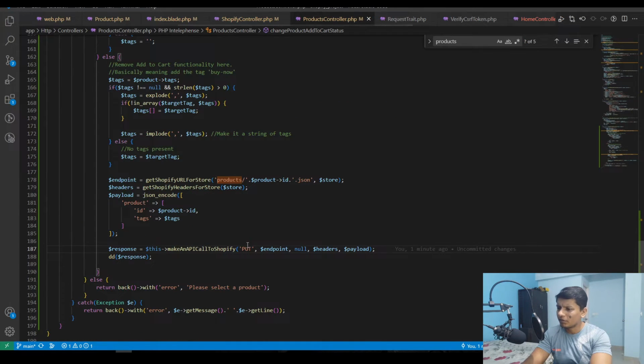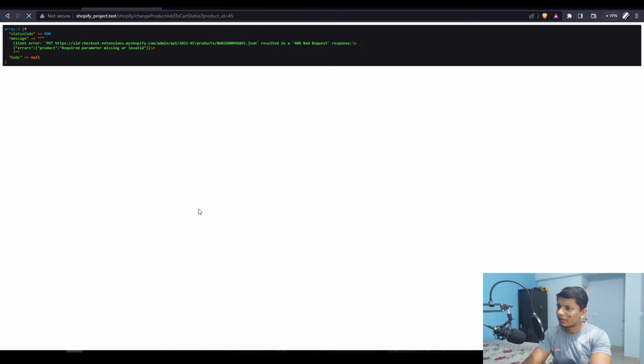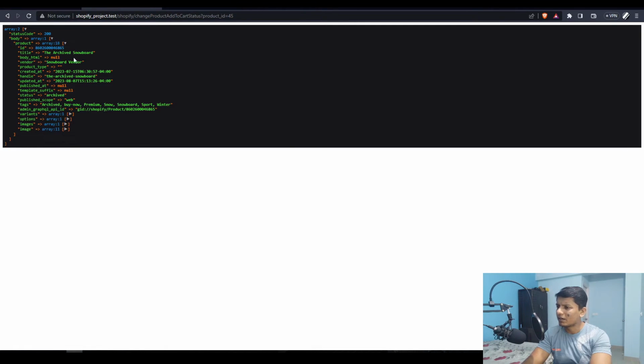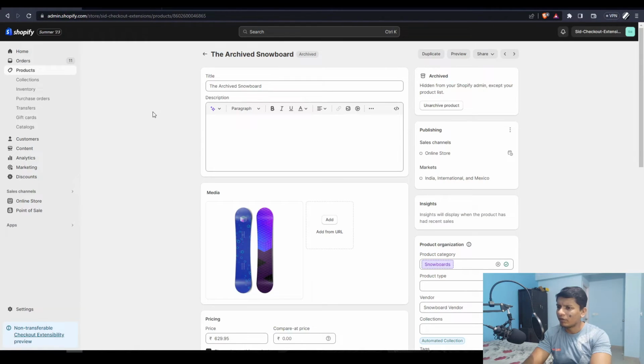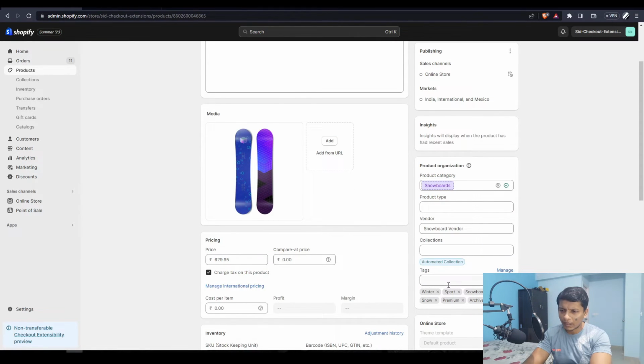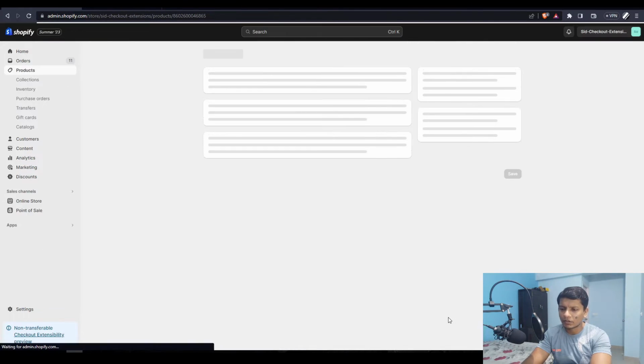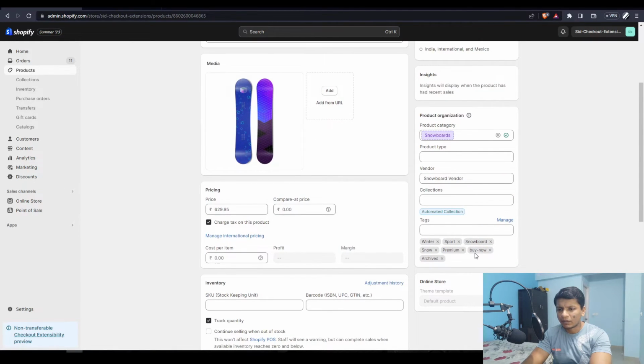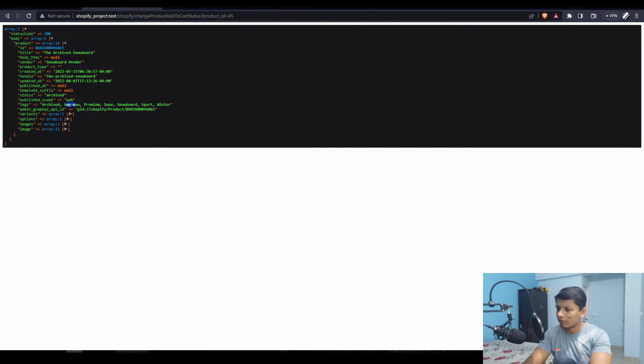Okay, so it says this thing is missing. So should I remove the... okay, so now it is 200. It says product and the tags do say buy now. So there is no tag called buy now here. If I refresh, now we have buy now tag right here. And after that, if I go back and we'll do